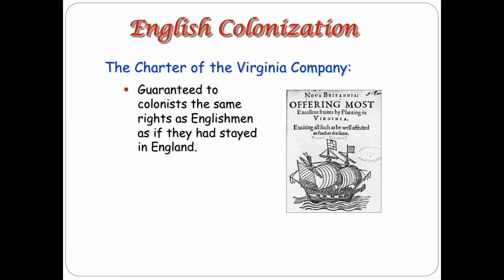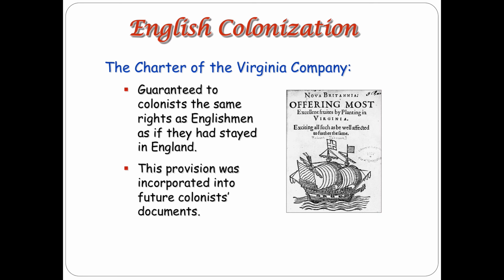set sail. But this will not hold true as Englishmen start to go there, eventually by the hundreds, then by the thousands, then by the tens of thousands and hundreds of thousands, and a type of stigma will happen. Especially as they start having children, they'll be known as colonists, and they will not be given all the rights of an Englishman as they start to populate the New World.